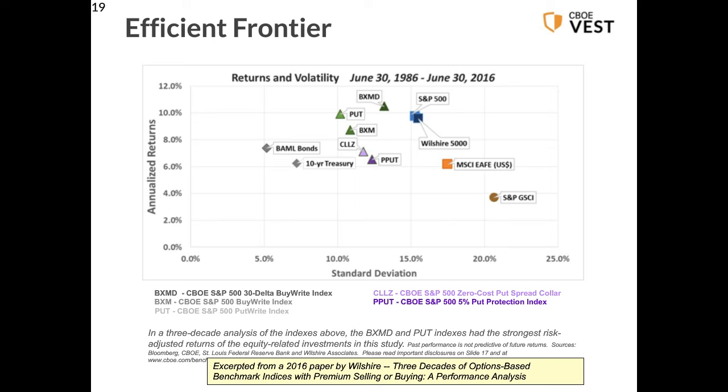But remember, the way we're looking at risk here is standard deviation, right? We don't have a risk measure that actually emphasizes downside risk. So it's no surprise that some of the downside protection strategies might look a little bit lower in terms of return relative to risk. Also, I think it is important to see that you can't really compare these strategies to a fully invested S&P 500 or Wilshire 5000. When you're looking at option strategy indexes, you must look at return relative to unit of risk.